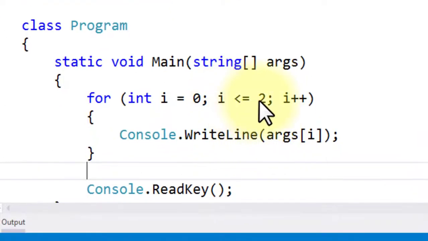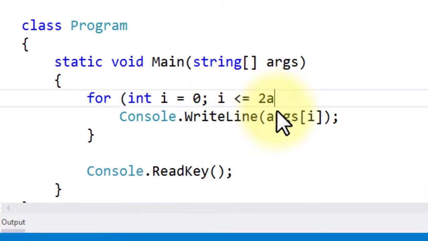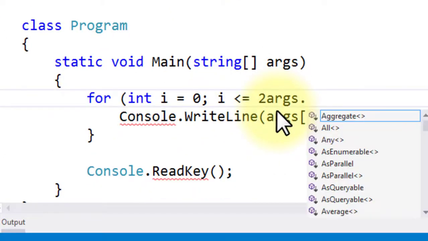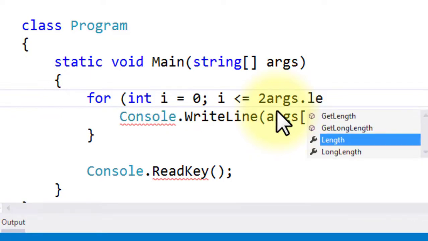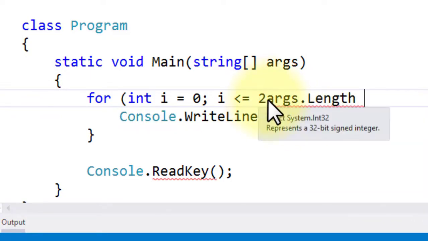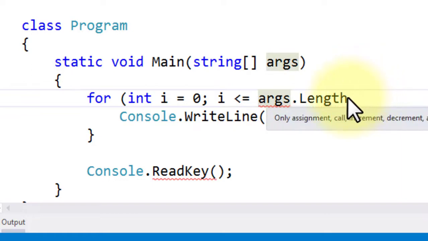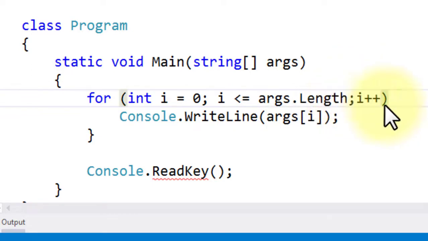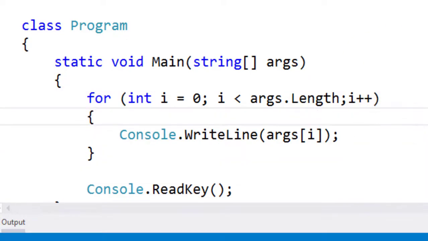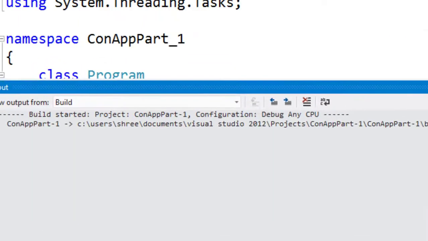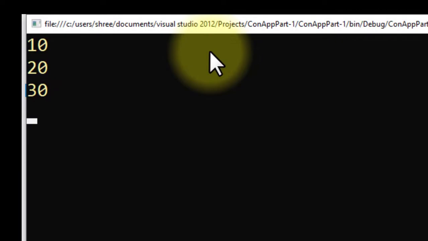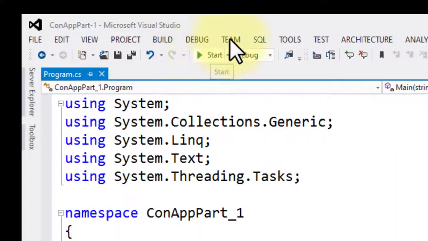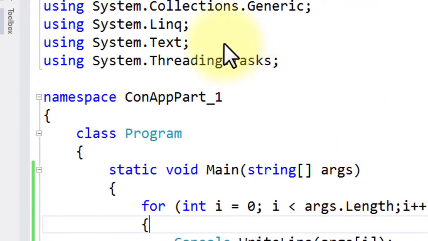Instead of writing 2 here, I write args dot length. Same output.